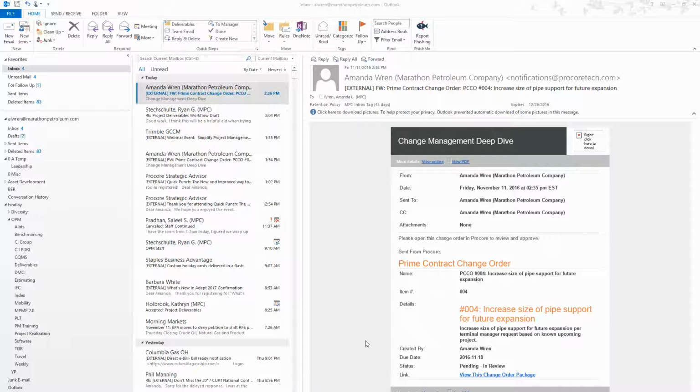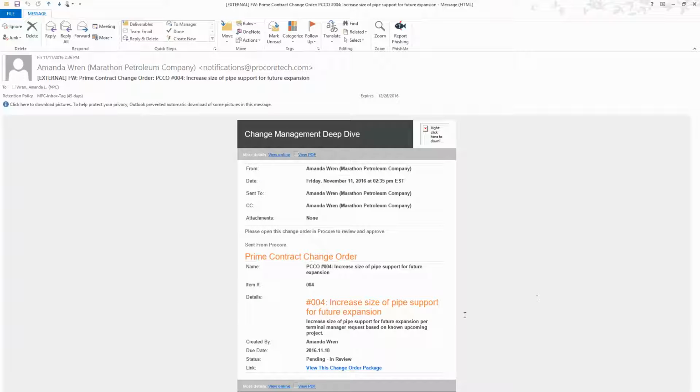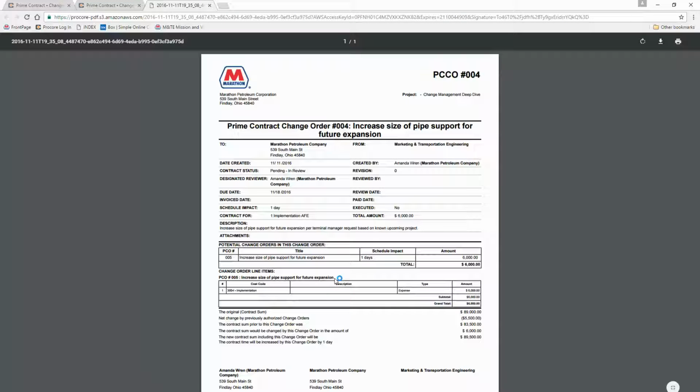As that designated reviewer, this is the email that I would see that went out. Please open this change order in Procore to review and approve. Just want to show really that whole email there. You'll see there's more details, view online, view PDF. If this happened to go to someone who's going to take it to someone else, they could open this up as a PDF and either print it or send the PDF version to someone. And this really is showing a lot of the details here surrounding the project and what has gone on potentially even before this project